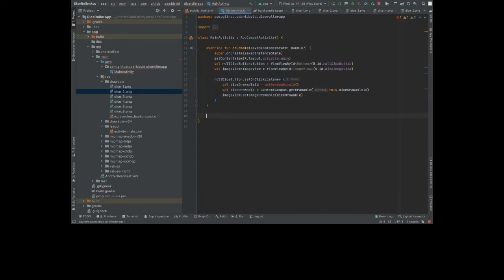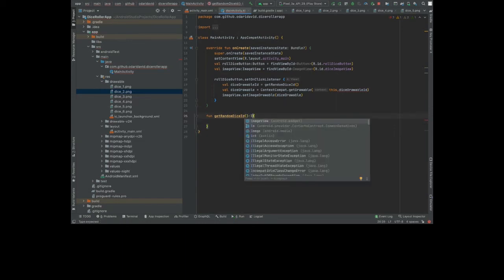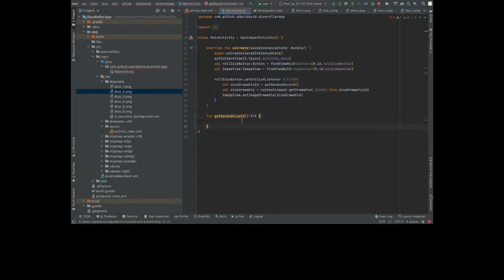So we'll just create a new function. This is how we create functions in Kotlin. We just say fun, then the name of the function, then we add the type. We'll be getting an ID, and IDs are usually integers. So we'll be getting random dice IDs. Each time you click, it will have a very random dice ID. And so we will